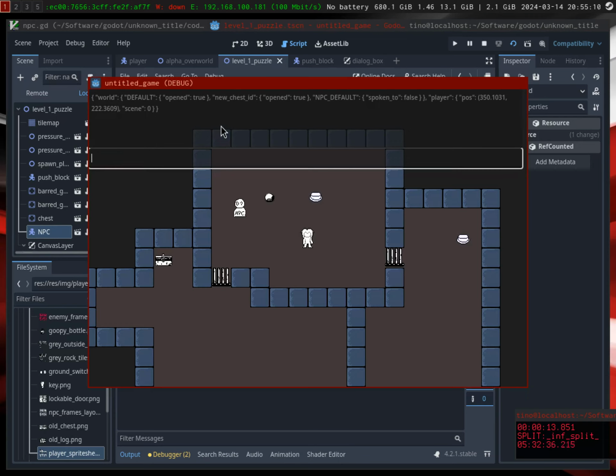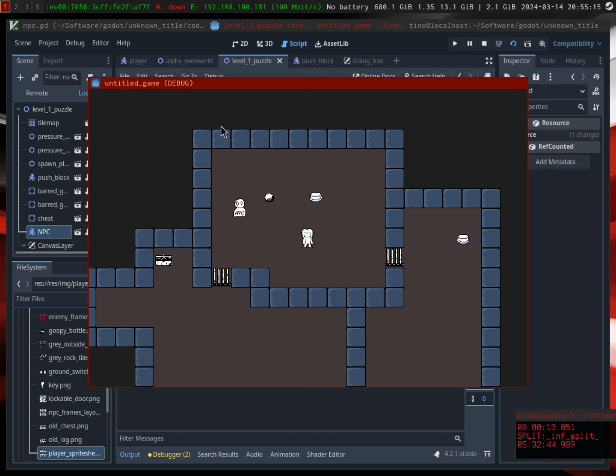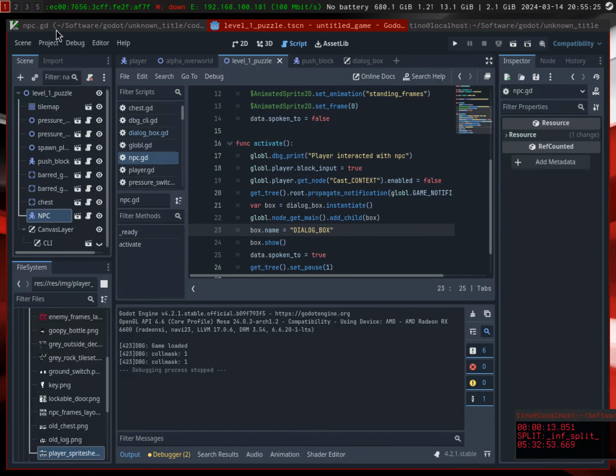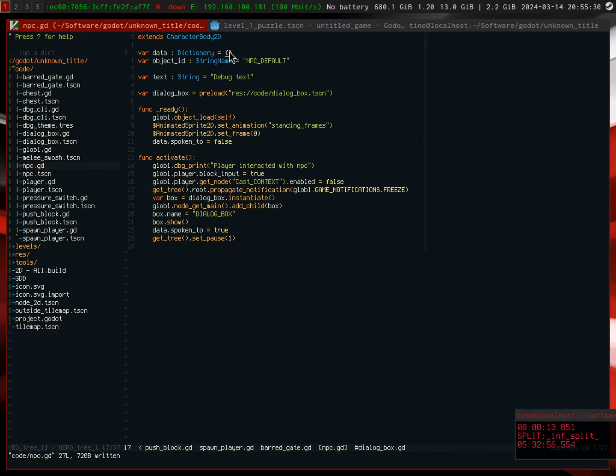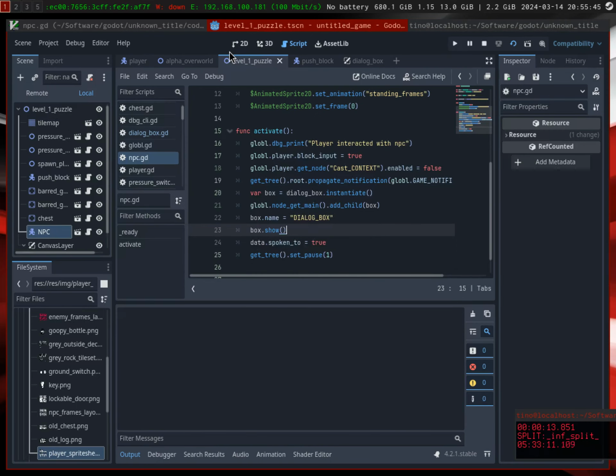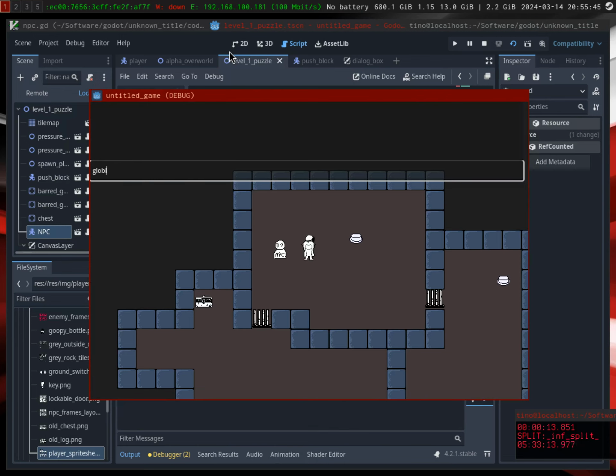Am I not saving something? Oh, right. It has to be created differently. It has to be here. Because we overwrite our loaded data. If it was here, it would be fine. So again, this should now work. Spoken to true, yeah. Okay,